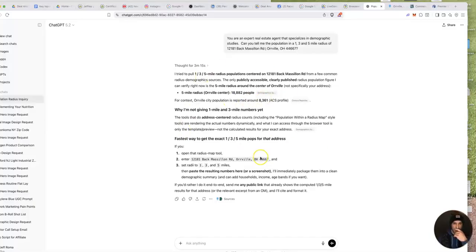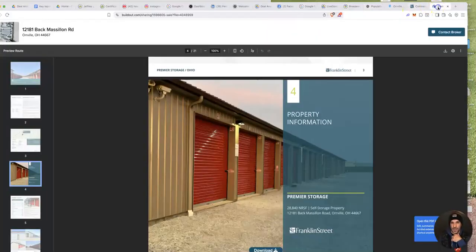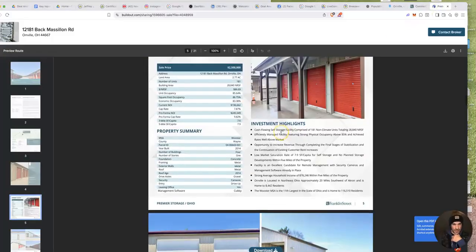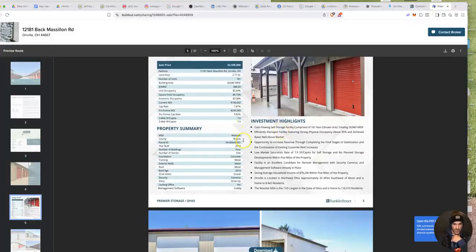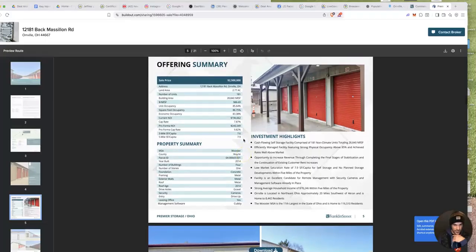As you can see, it had some trouble getting the actual data, which happens sometimes with ChatGPT. So if we go in here, a lot of times they'll give you that information as well. Again, I always confirm and verify this information. So it looks like they're asking 2.5, gives you the address, the actual size of the property, the number of units,